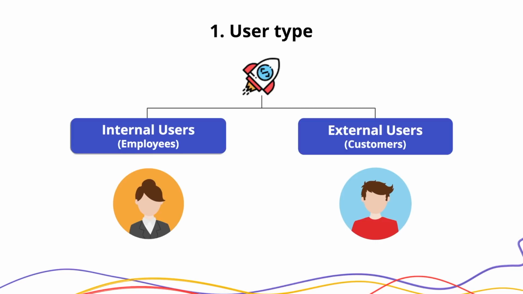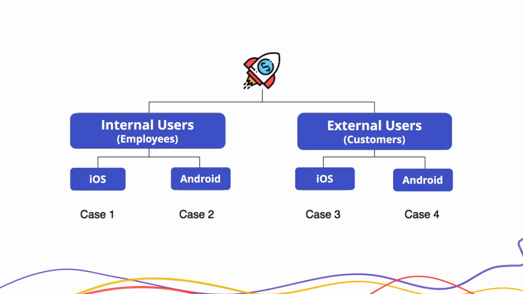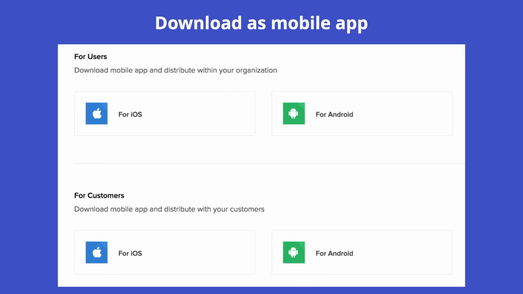The second thing, obviously, you need to figure out is which platform you want to put it on. So it's iOS or Android, and you get these 4 cases. Once you have these 4 cases sorted out, that corresponds to these 4 options there. So go back again. You need to decide which users you're going for and which platform you're going for. We'll share the slides with you, don't worry. Once you have these 4 cases, you know which place to go and upload that